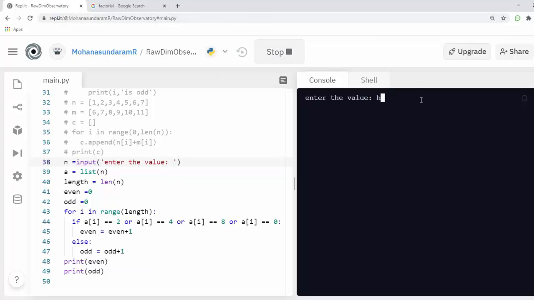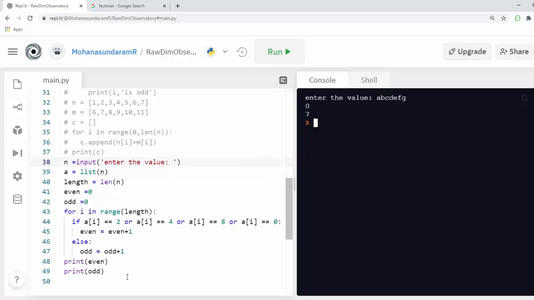Hello. We got the output for the value 0 and 5: 0 even numbers and 0 odd numbers. And if it was A, B, C, D, E, F, G, we got 0 even and we got 7 odd numbers like this.